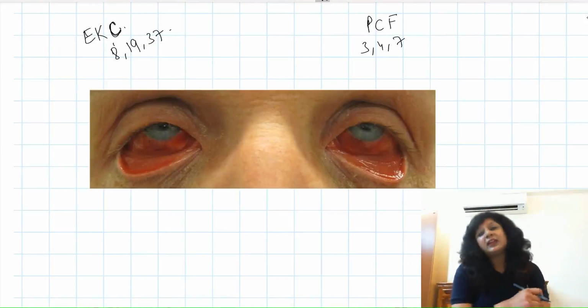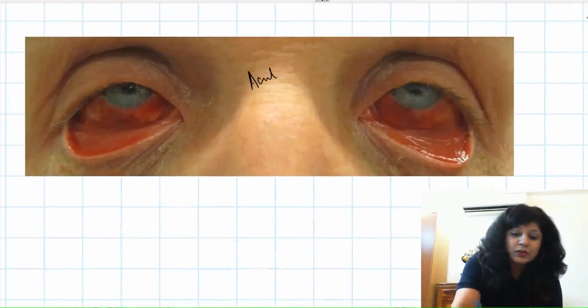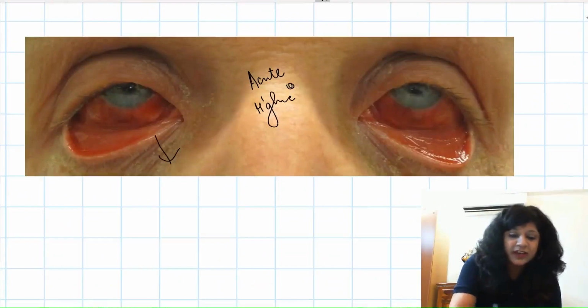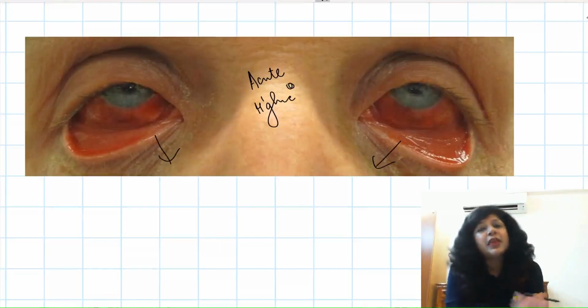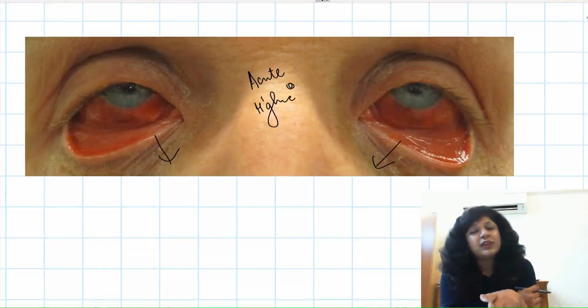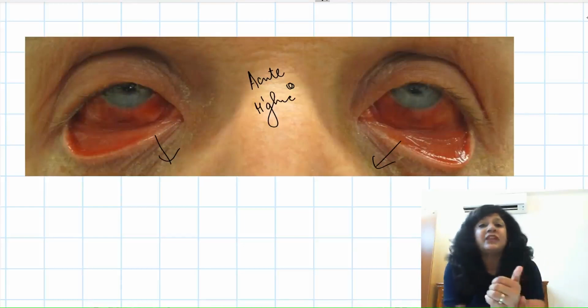Now the second is the acute hemorrhagic conjunctivitis. This is a typical picture of acute hemorrhagic conjunctivitis. Can you see here? And I will show you the hyphema also and subconjunctival hemorrhage also, so that you can differentiate what is acute hemorrhagic conjunctivitis, what is the hyphema, what is the subconjunctival hemorrhage.